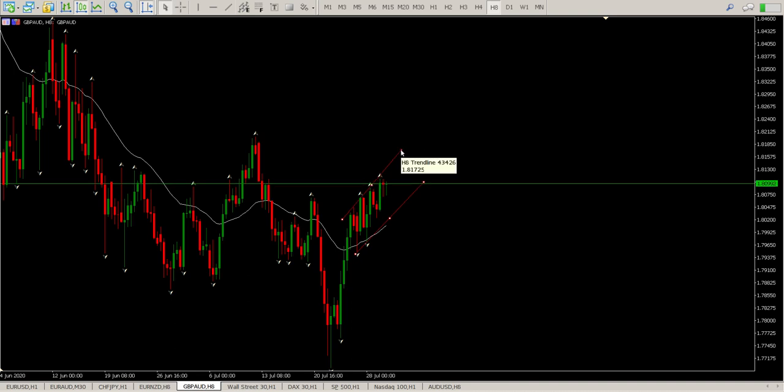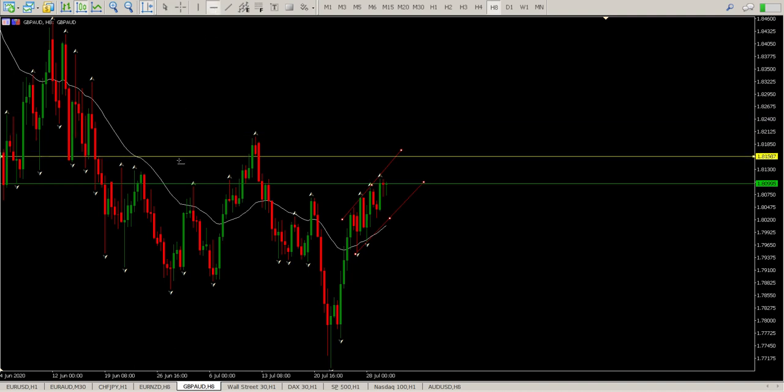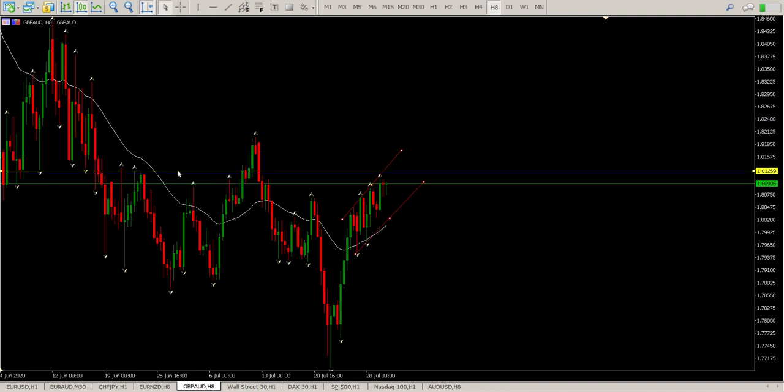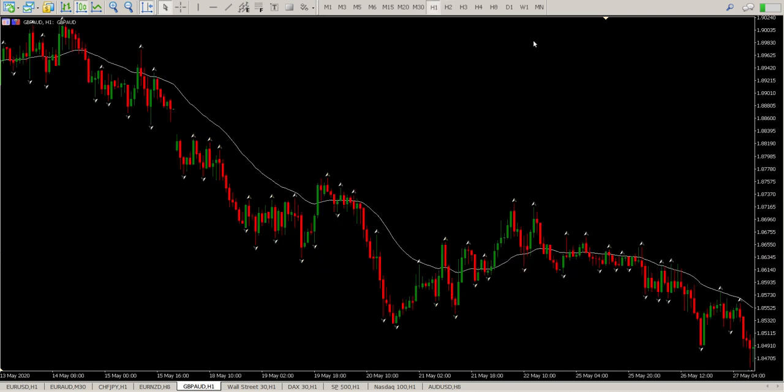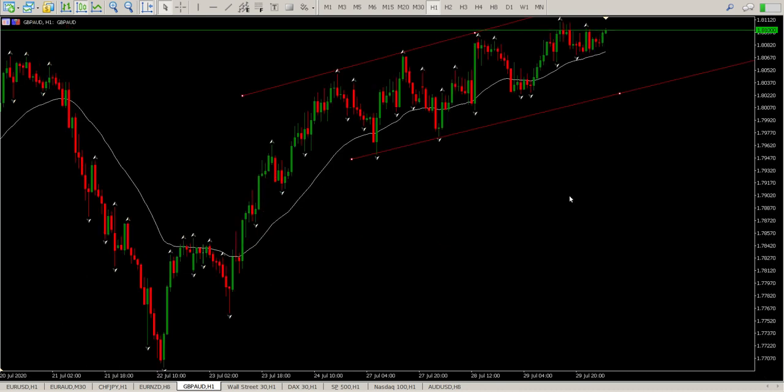We are top of channel at the moment, so I'm not really interested in getting in on that right now. We're probably targeting this area of 181269. Does look like the most logical area. But I think the important thing for me is we've had this big downward trend here, okay, where the pound has been falling. We've now gone sideways, and it does look like we have a potential trend change. So watching this one with a little bit of interest here. Doubt it's going to confirm itself this week,